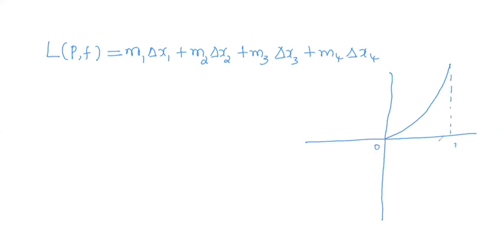So this is 0, this is 1. From 0 to 1, the curve of f of x equals x squared looks like this. Now, using the partition P, we have divided the closed interval 0, 1 into sub-intervals. What are those sub-intervals? 0 to 1 by 4, 1 by 4 to 1 by 2, 1 by 2 to 3 by 4, 3 by 4 to 1. Now, we'll calculate this sum, and the sum will give you the lower Riemann sum, right?